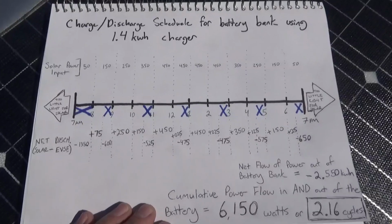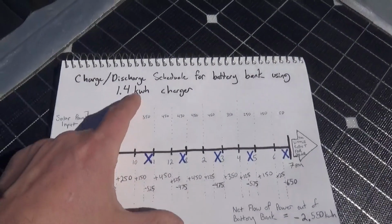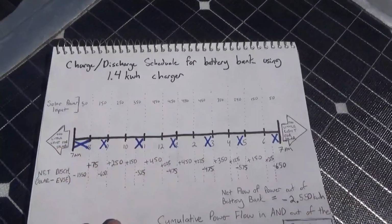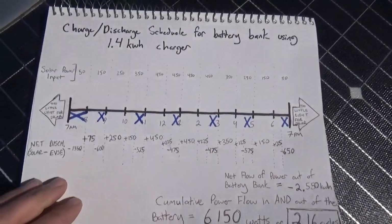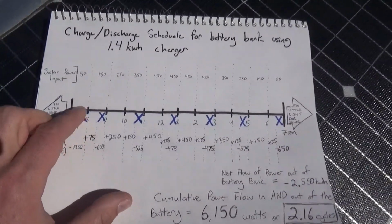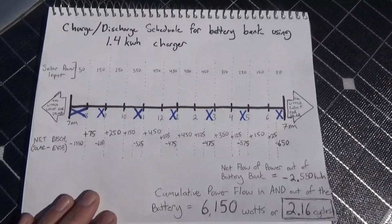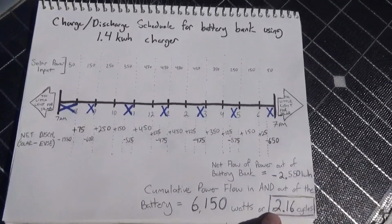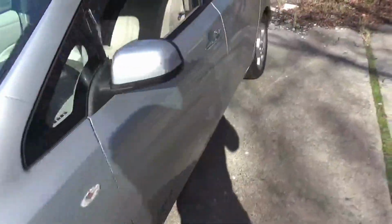What if we could find a charger that instead of charging at 12 amps, which is what this charges at, charged at only 7 or 8 amps, and we used that at roughly the same times of the day? If we used an 8 amp charger instead, would that change our battery cycle rate? Well, I went online to